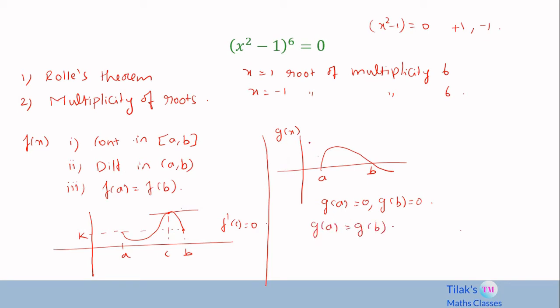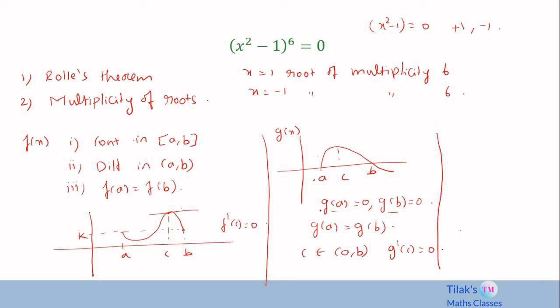Now the function g(x) satisfies the condition for Rolle's theorem in the interval a to b. So we can apply Rolle's theorem here and say that there will be a point c which belongs to the open interval (a, b) where g'(c) will be equal to 0. As you can see, that happens somewhere here. So if a and b are roots of the function, then c becomes a root of g'(x) = 0. So between two roots of a given function which is continuous and differentiable, there is always a root for the derivative of the function equated to 0. So this is what we are going to use in this problem with respect to Rolle's theorem.